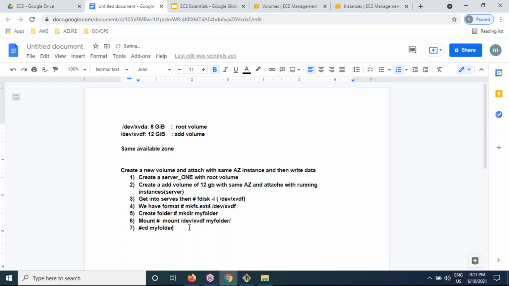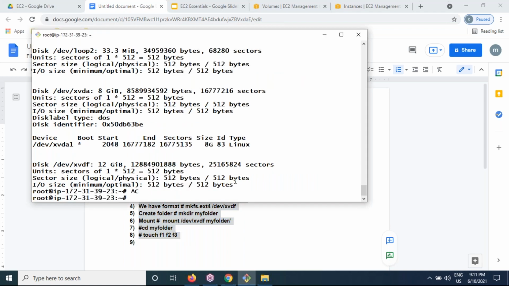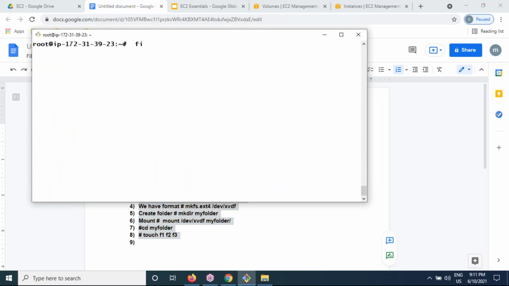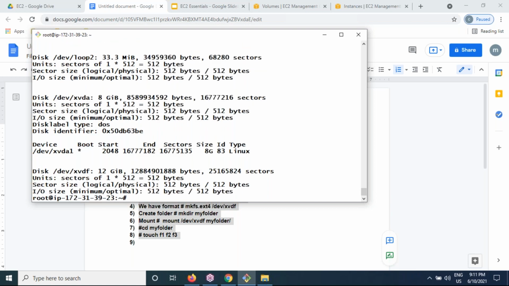Then we can create files. How can we create files? touch f1 f2 f3, so file 1, file 2, file 3. So these are all the commands. Shall we do the steps, please? What is the first command? fdisk -l, so we can see this device name.